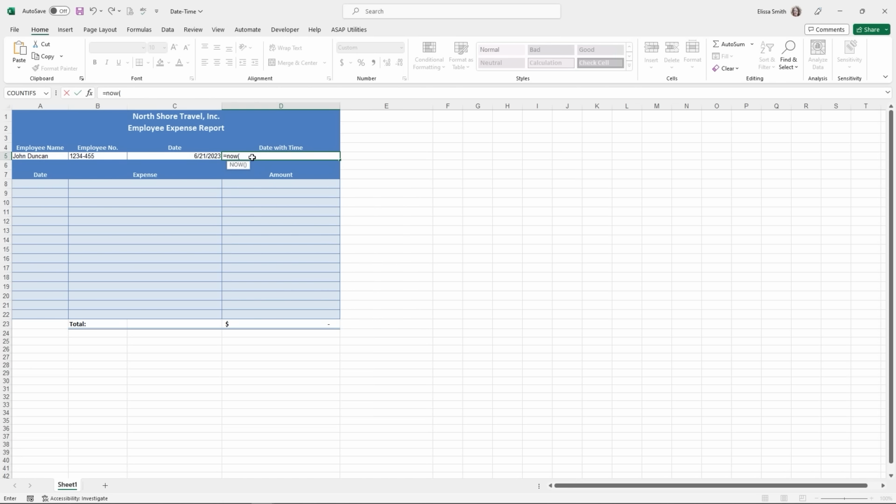I don't need to do the closing parenthesis because Excel will capture the current date and time off of my computer. Now you're going to see the date with the time. It does use a 24-hour time clock, but please remember you can always click on this date,